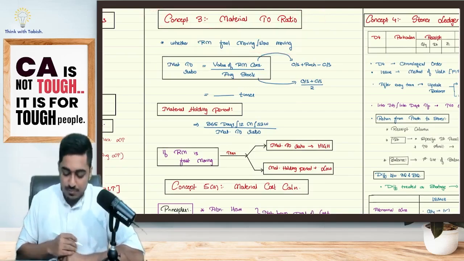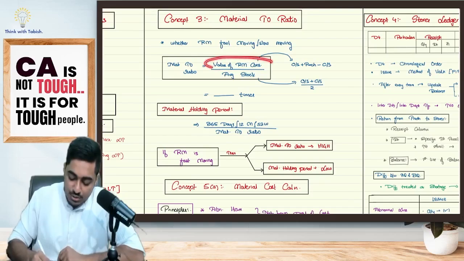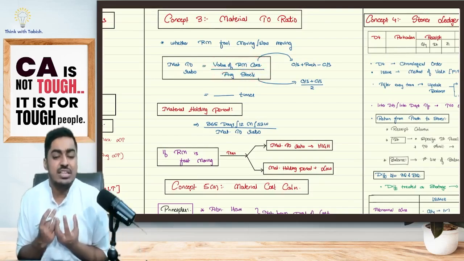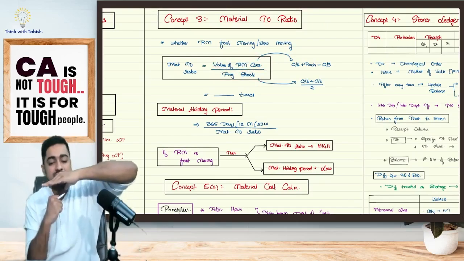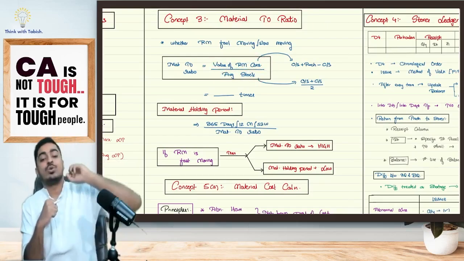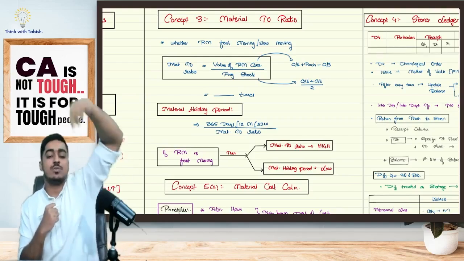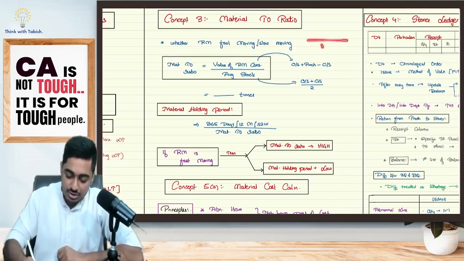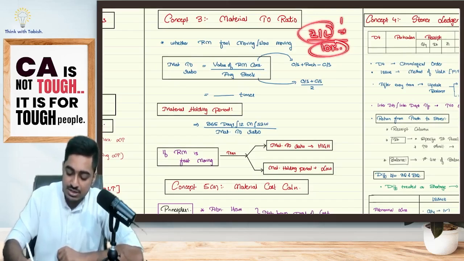Sir, what is the formula of material turnover ratio? It is the total value of raw material consumed divided by average stock. In simple terms, how much amount I have invested in my stock, and from this how much turnover I have got, that is total how much raw material is used. Suppose 10,000 rupees I have invested in my average stock. From that, in 1 year, 1 lakh rupees raw material is used. That means my investment, how many times I have rotated, students?